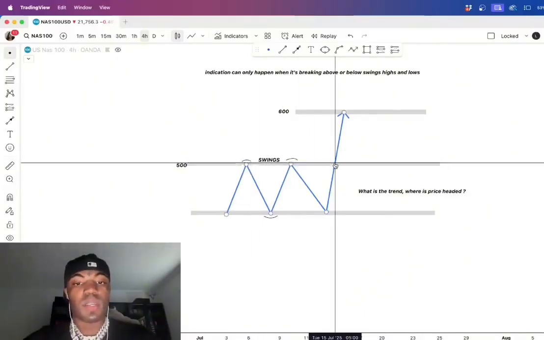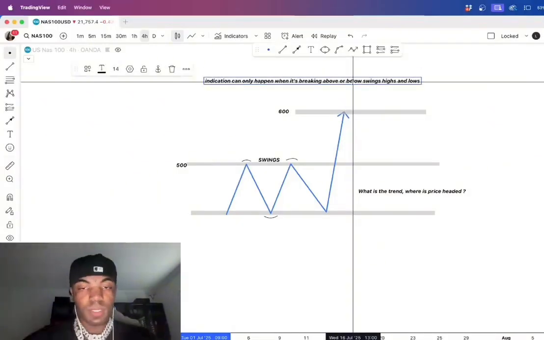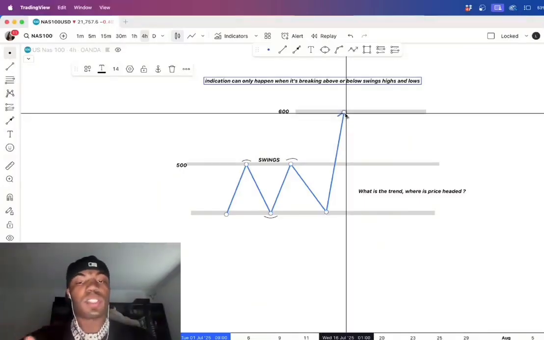Since our swing highs are broken, now we have a new high. And after a new high, or after any new market structure is shown to the market, normally price ends up grabbing liquidity, but I'm not going to confuse you just yet. But after price makes a new high, just prepare to see price have some type of correction, some type of movement